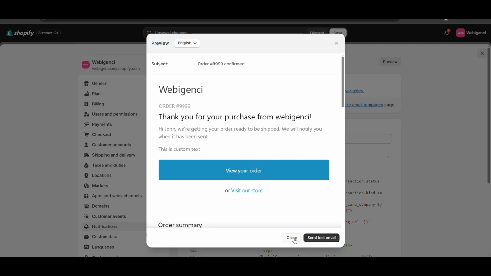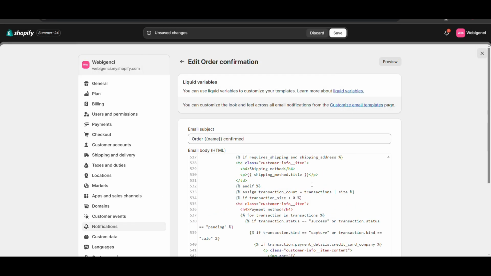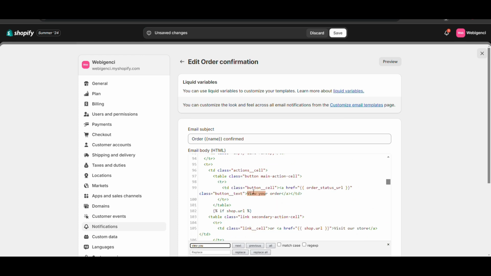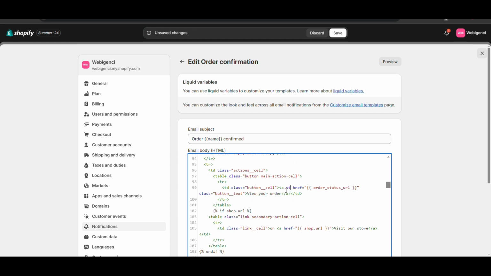Okay, I will show you. Use your order. Choose your order. Here you can see class. Now I want to change the background color, style, background color should be black.